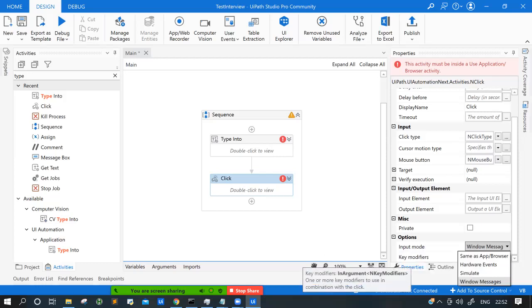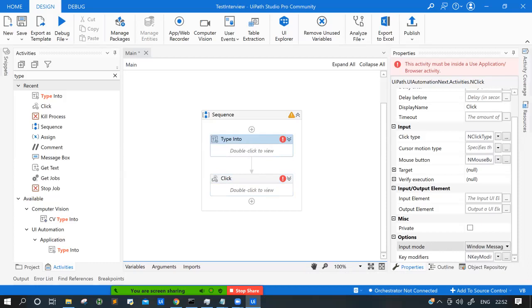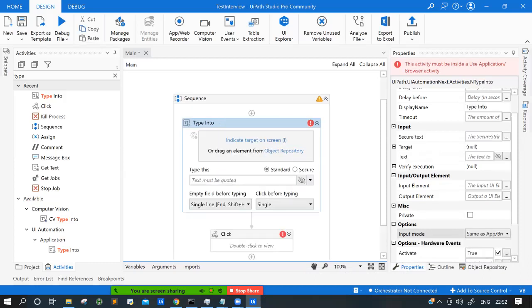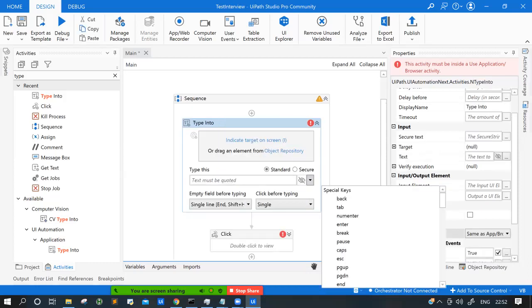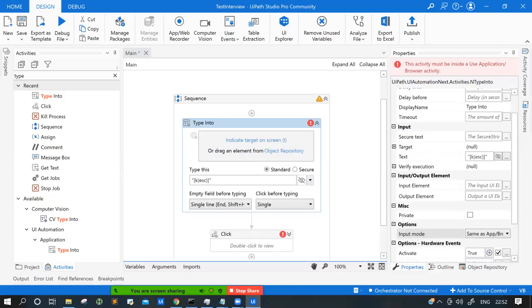When I say hotkey, take the example of Type Into. Here we have keys like enter, backspace, page up, page down. These are the hotkeys, basically the Windows keys. If you have checked simulate click, it will not work; it will take it as text because it's in double quotes.